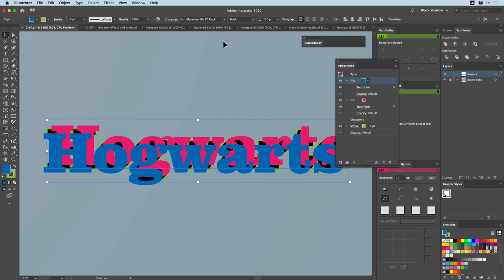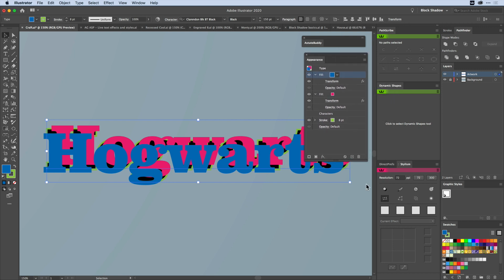Okay. What can you do with all this? Now, I'm really wanting to make you all think, oh, hang on, there's perhaps a bit more to the Appearance Panel than I originally saw in it. So what can you do? How far can you go?